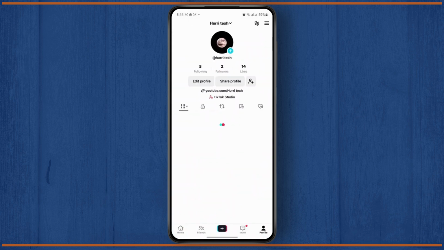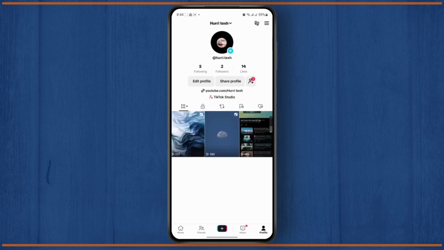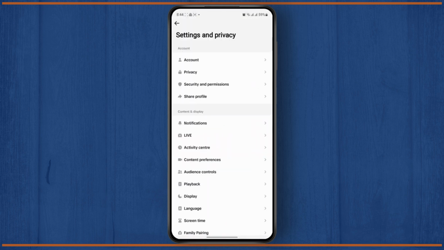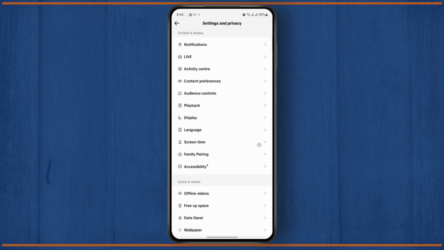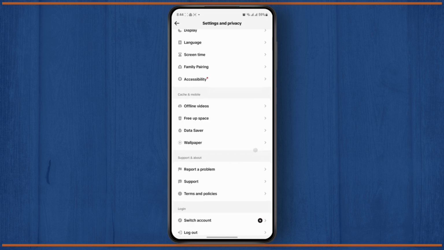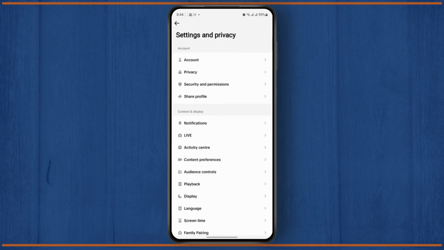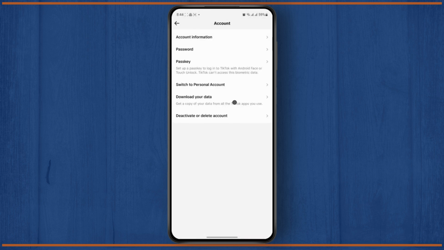So for that, head over to your profile, tap on the three lines at the top right and head over to settings and privacy. Now you'll just have to scroll down a bit until you see your data, and you just have to head over to your accounts to get access to your data. So you have an option to download your data here. And here you will see